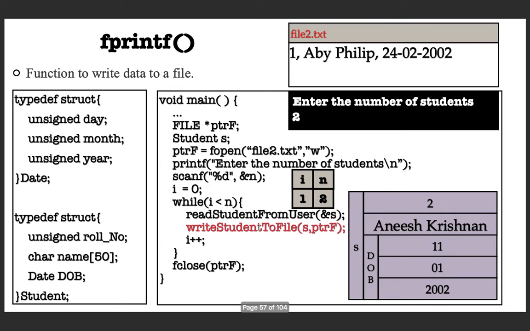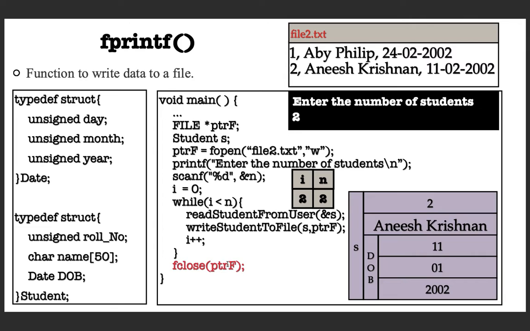Okay, you are coming down and you are going to write these values into the file. So you will do it like this. Coming down, i will be incremented, now it is 1 to 2, and going back to the loop checking. Now 2 is not less than 2, so the condition check fails. So you are coming out of the loop.